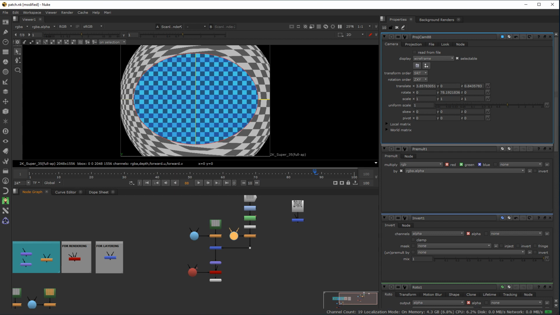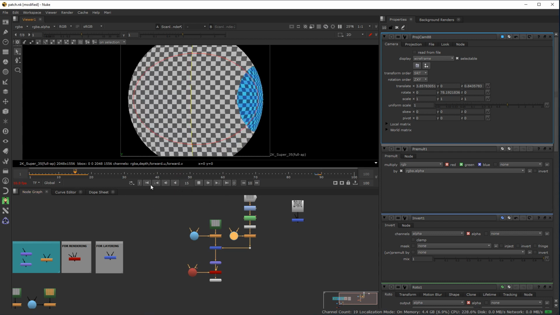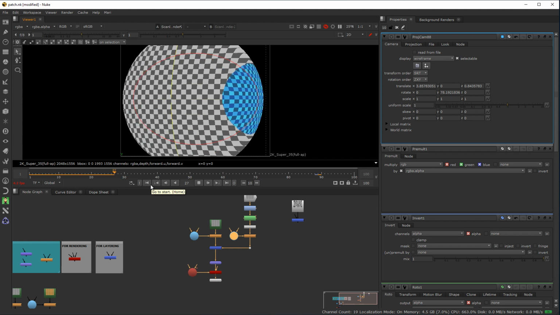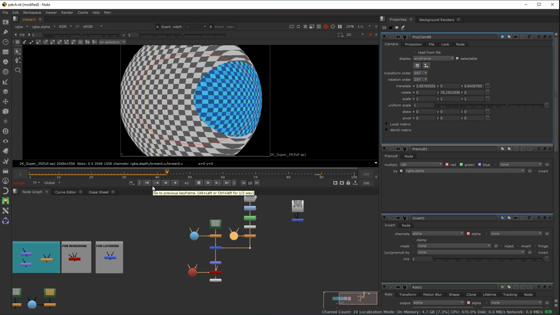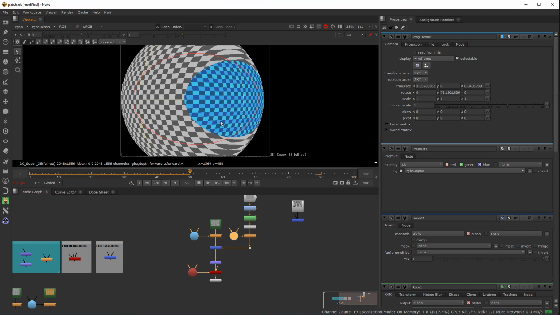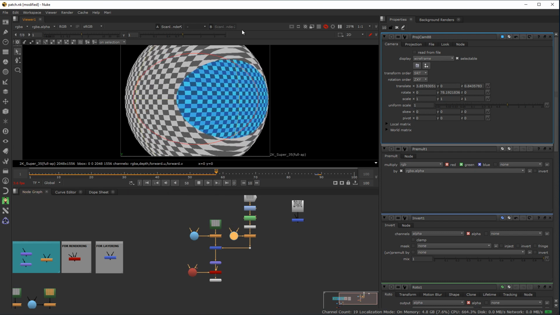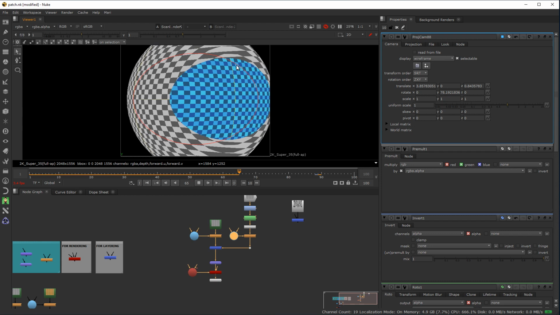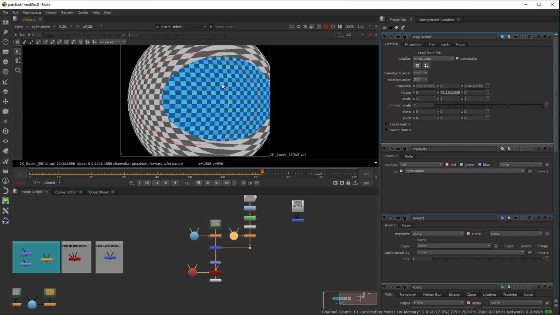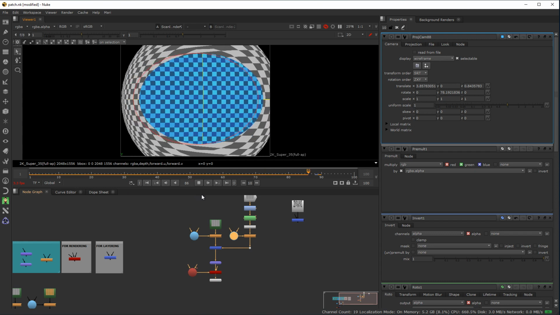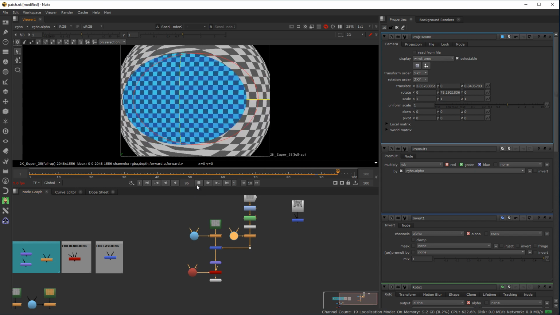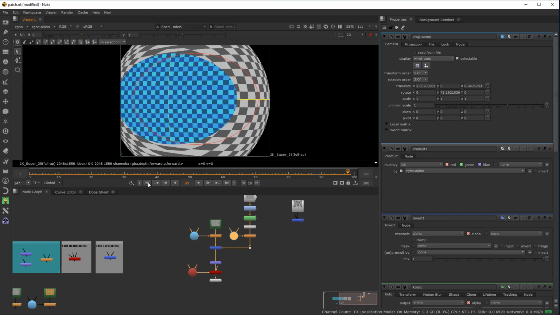So hopefully we've got something that resembles a patch projection. This is going to cache a little, so it's not going to run at the optimum speed, but we can certainly see here that this is now patching over the offending areas. Now obviously the precision of the roto node isn't quite right, but this is the benefit of doing this using software like Nuke, because we can do this easily, almost in real time, just by manipulating the